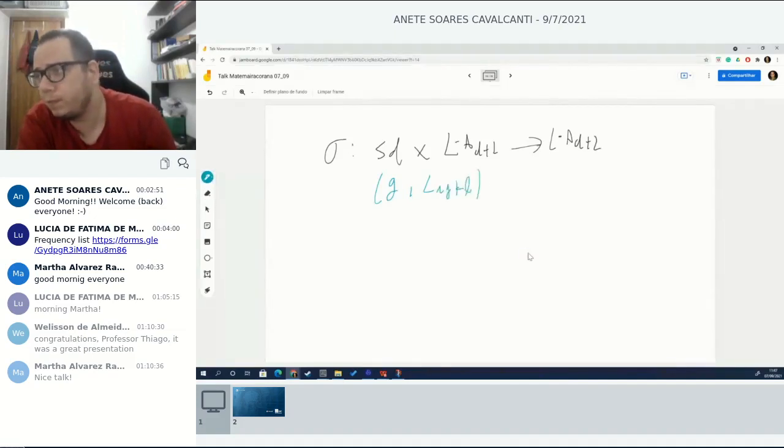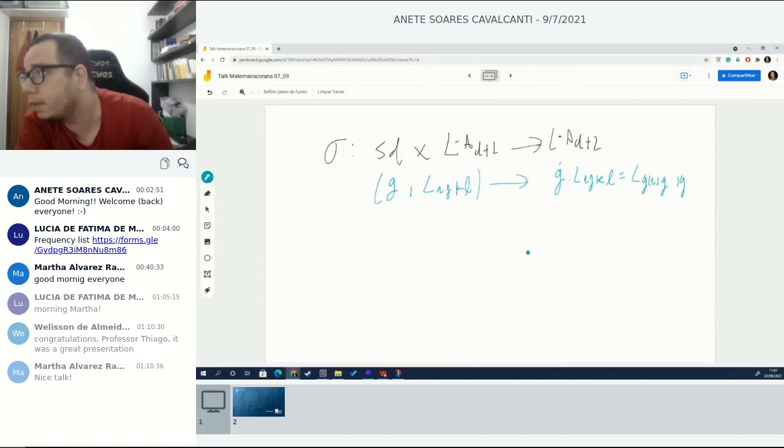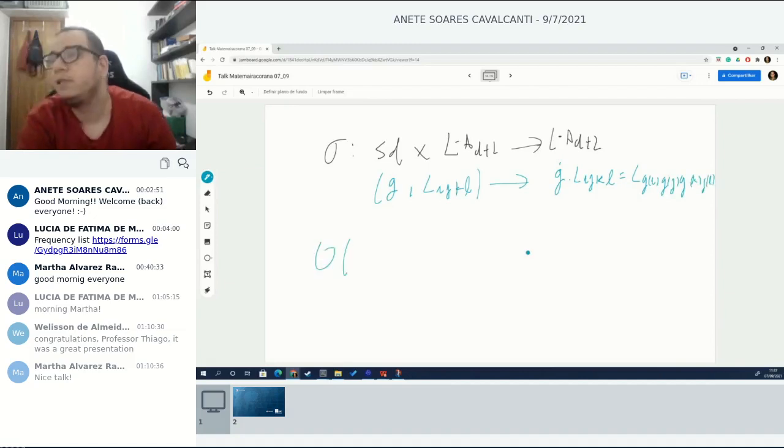And we have this group action. This is a standard action. Sorry. Then we can consider the orbit of LAJKL, and this is equal to L of